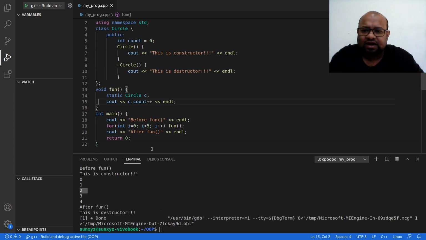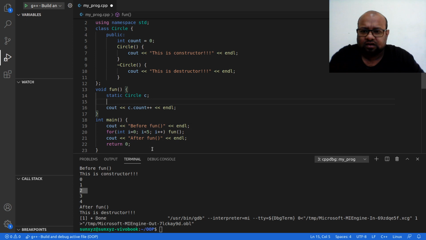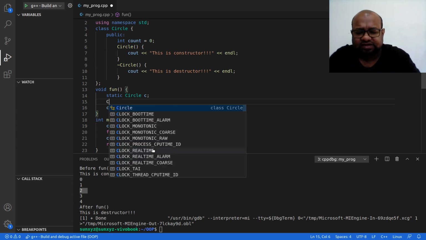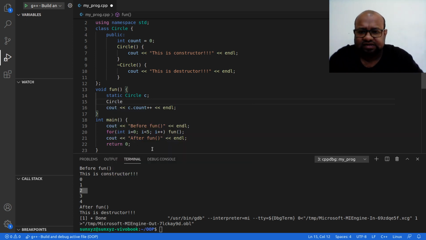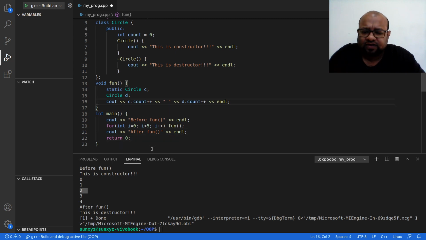I am going to create another circle object, and this is going to be D. I am going to call this D, and then I am going to print D dot count, and I am going to do post increment of this as well. Alright, now I am going to print both C dot count and D dot count, and I am going to do this 5 times.